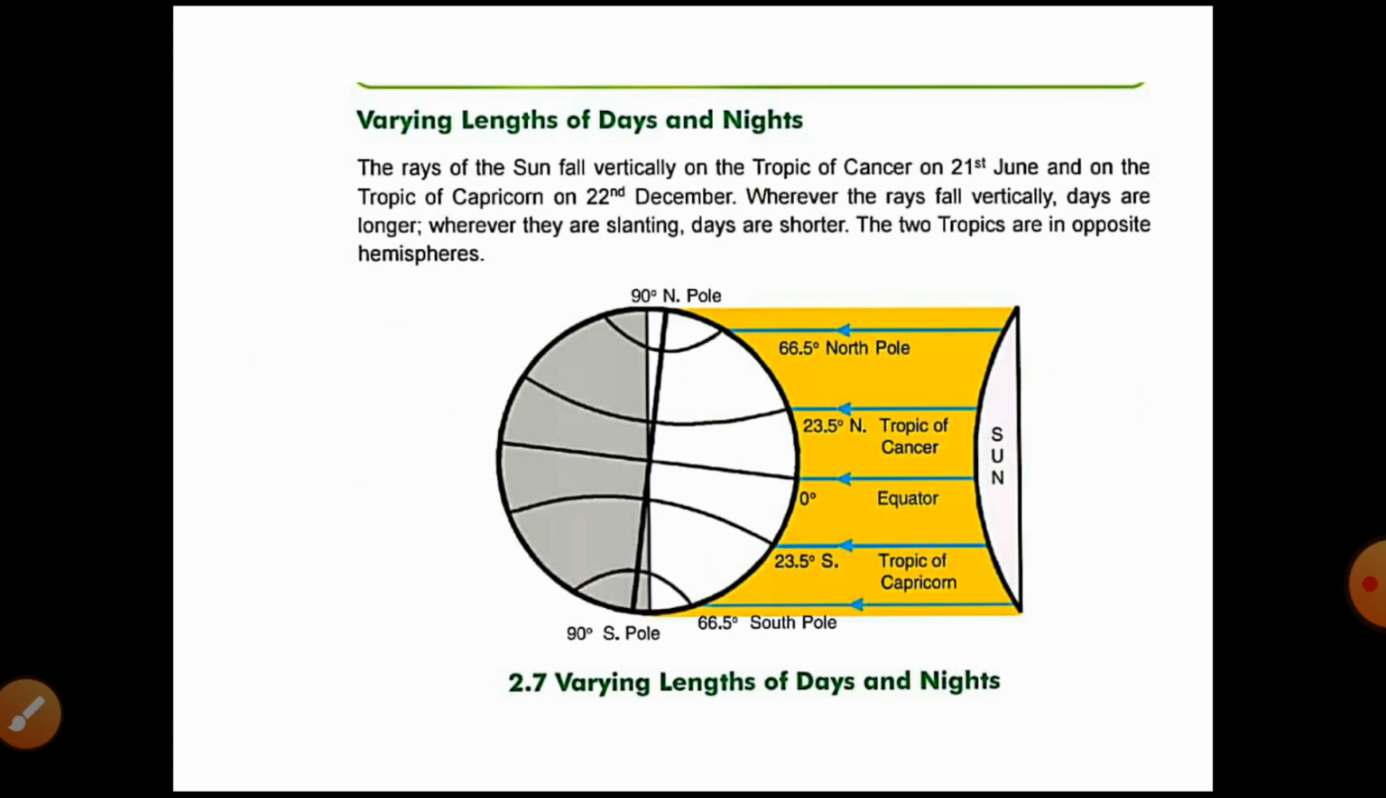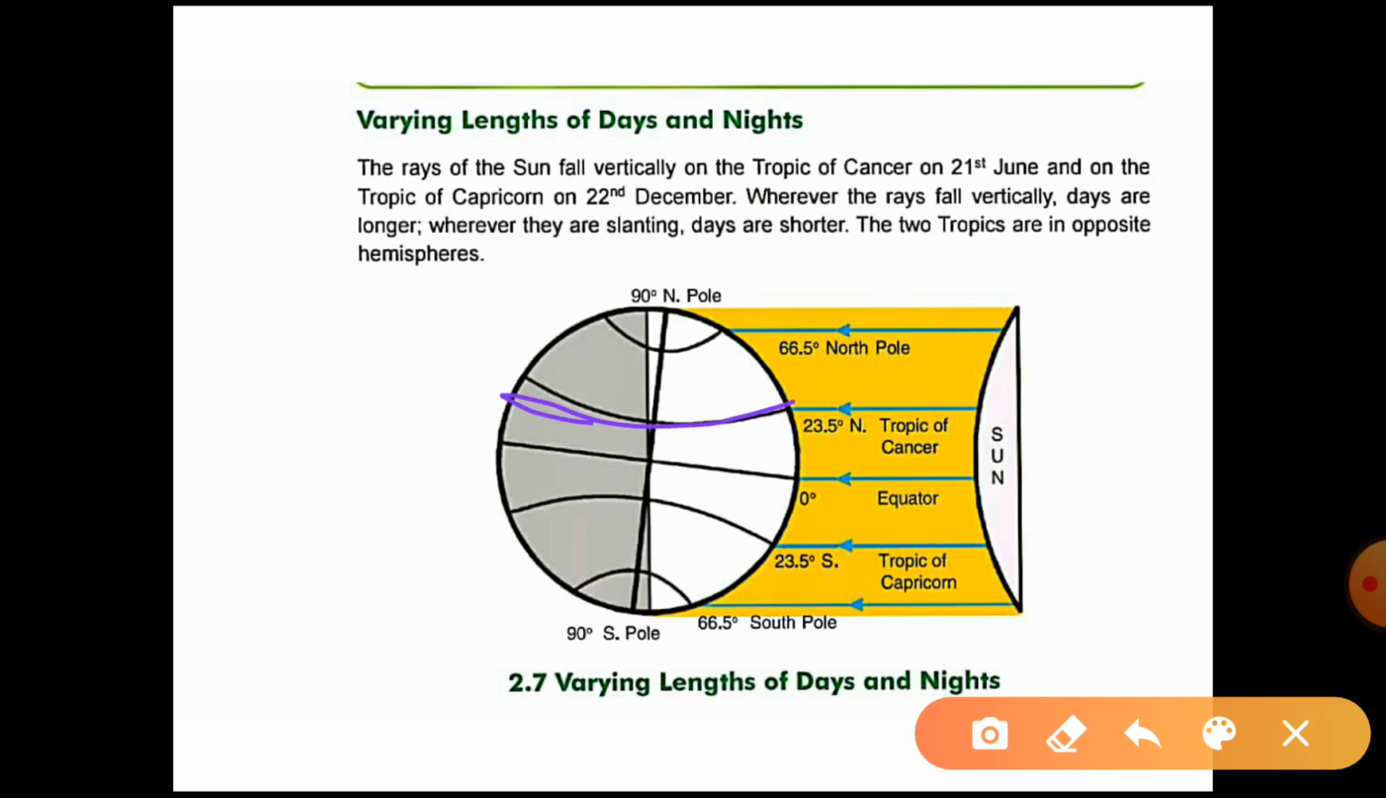Now, varying length of days and night. The rays of the sun fall vertically on the Tropic of Cancer on 21st June and on the Tropic of Capricorn on 22nd December. Okay, so when the sun's rays fall on the Tropic of Cancer, where is the Tropic of Cancer? This line is the Tropic of Cancer. So here the sun's rays which are coming, this one, will fall directly, vertically, on the Tropic of Cancer, and at the